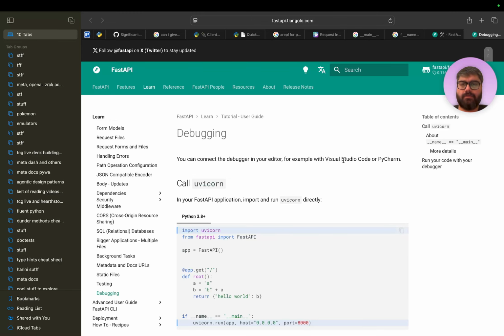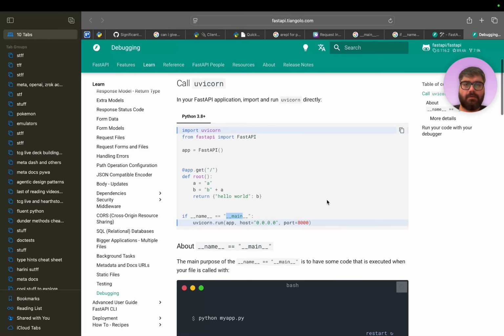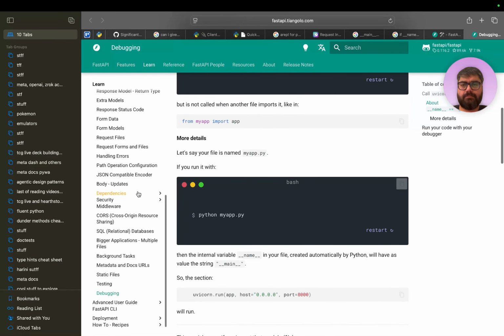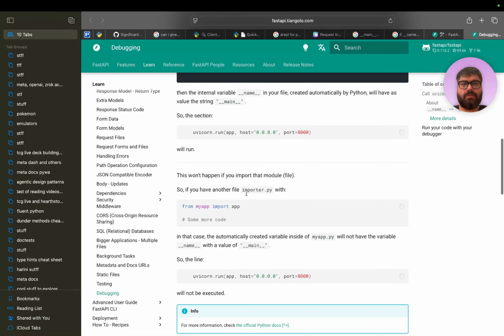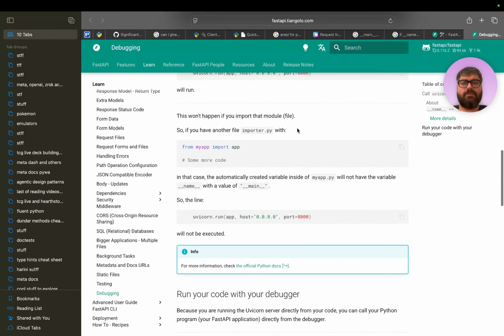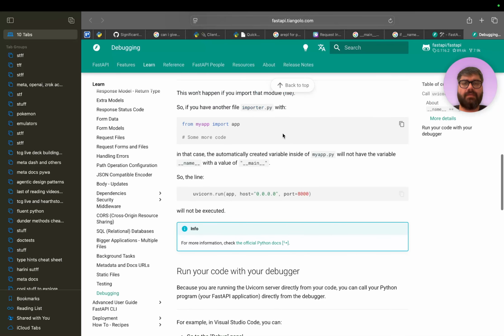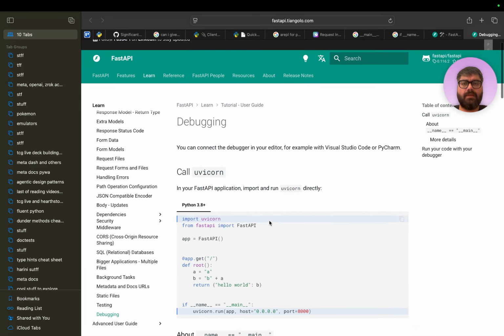Okay, so there's a point here under main. Similar. Is to have some code that is executed when your file is called with blah. Let's say if your file under name in your file created automatically by Python will have as value the string. So section blah will run. This won't happen if you import that module file. Okay. If you have another file, it will not have a variable with a value of dunder main, so the line will not be executed. But why does